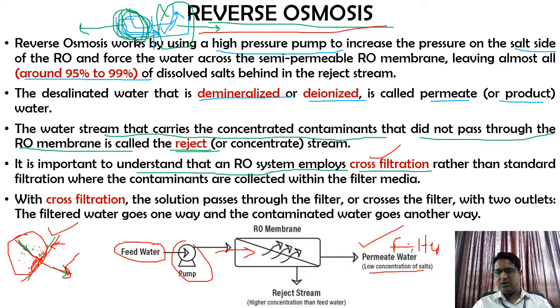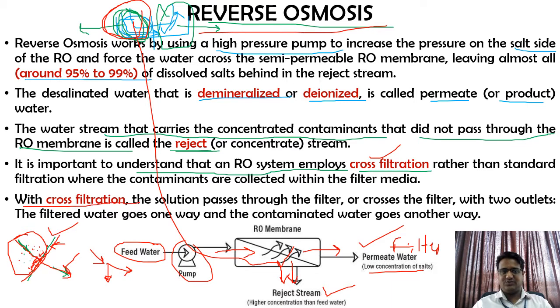Whereas the remaining concentrated one, what I have shown over here in the top left, is nothing but coming down over here, so that is what you are going to call the reject stream. In simplest terms, it acts like your Aquaguard. You have your raw water supply, then one outlet where you store that filtered water, and one more outlet where you reject that water. Similarly here, one is your filtered water and one is your rejected stream. That is what is being told in the last point.